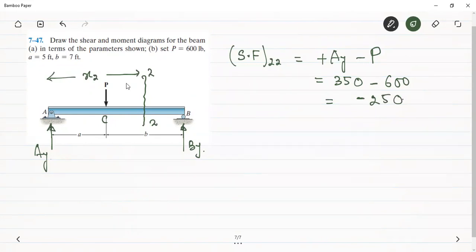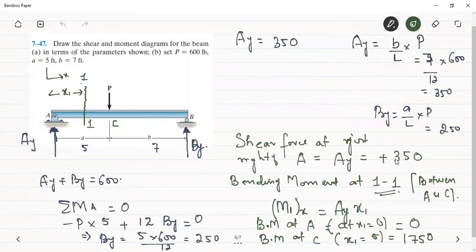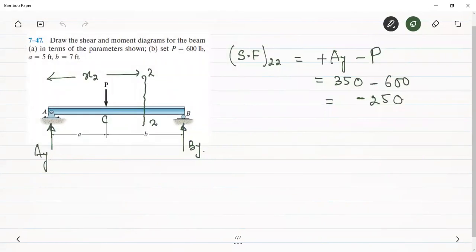The same shear force will be just at the right of C as well. Up to C, what will happen? At A, it shoots up to 350, isn't it? Yes, at A, it just shoots up to 350. Then it remains constant up to C. What is happening at C? Another load vertically downwards, which will move this by how much?